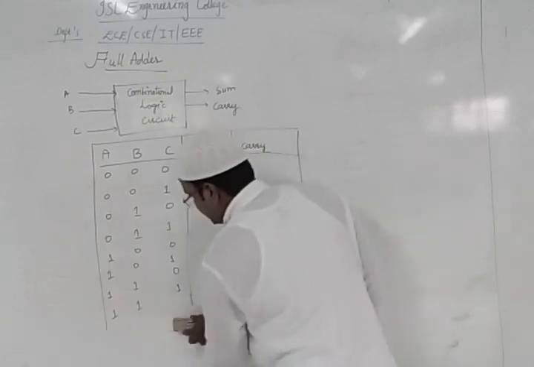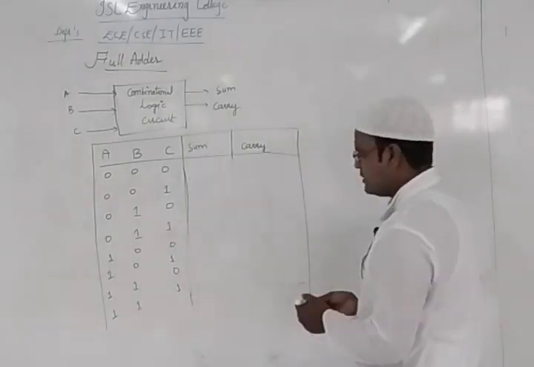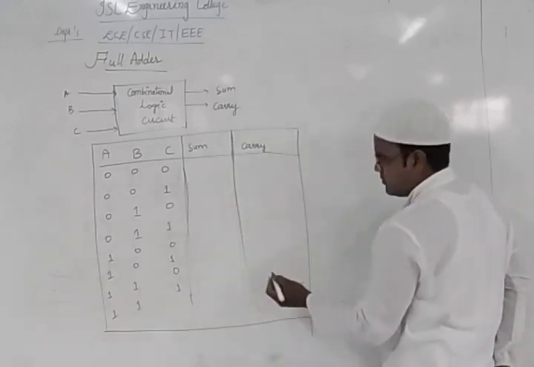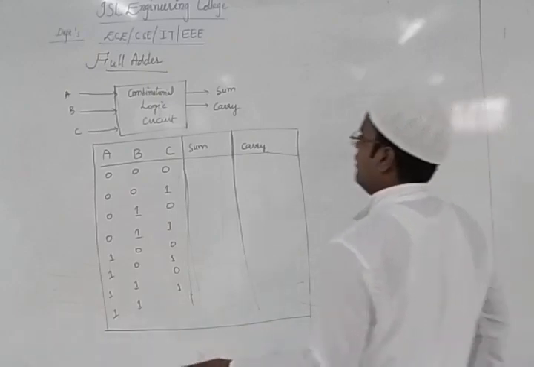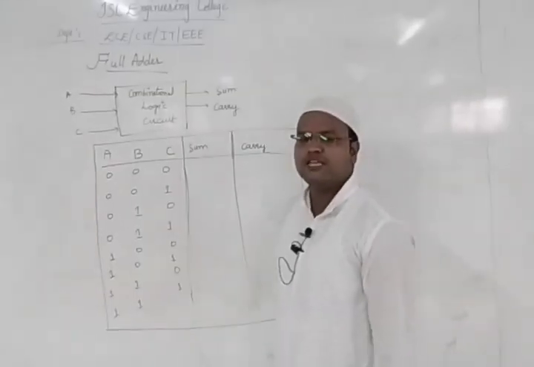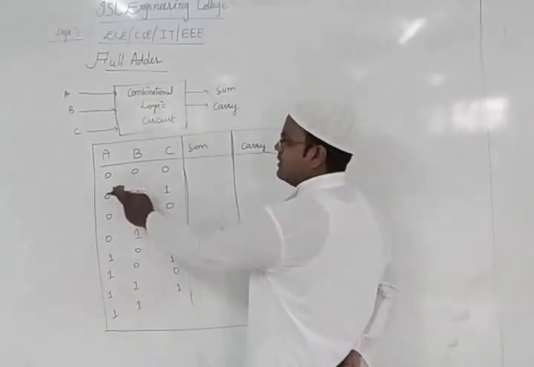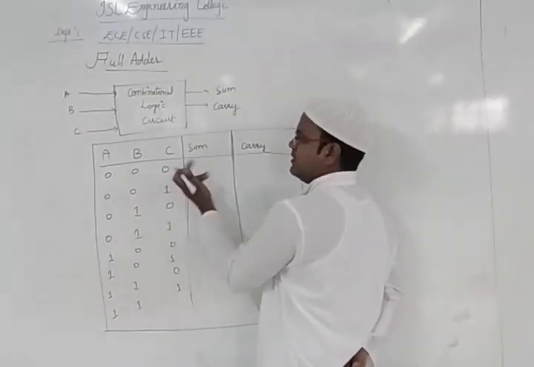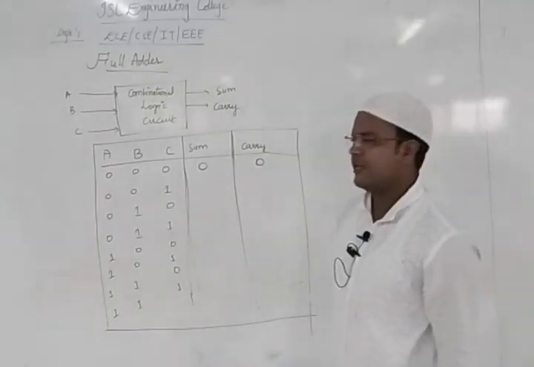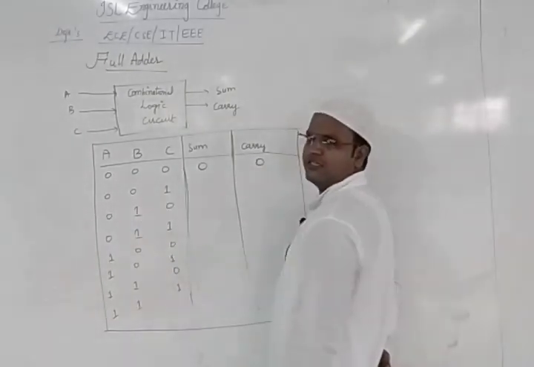Let us see now. In this, we take the three values. We have taken these three and put in all the values. Next, we want to write the output for it. How do we write it? First, for writing sum: what is sum? Addition of these three variables. How do we add? 0 plus 0 is 0, 0 plus 0 again 0. So sum is 0, and carry is also 0.